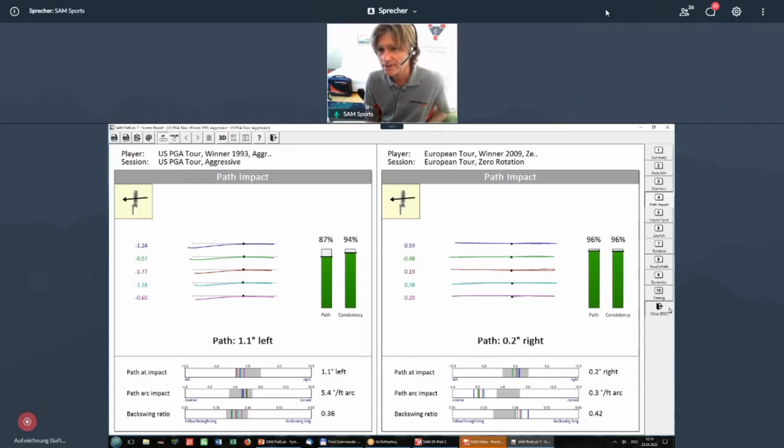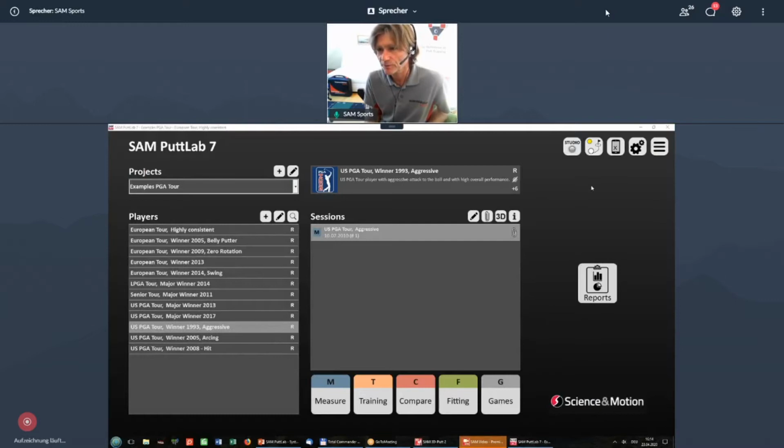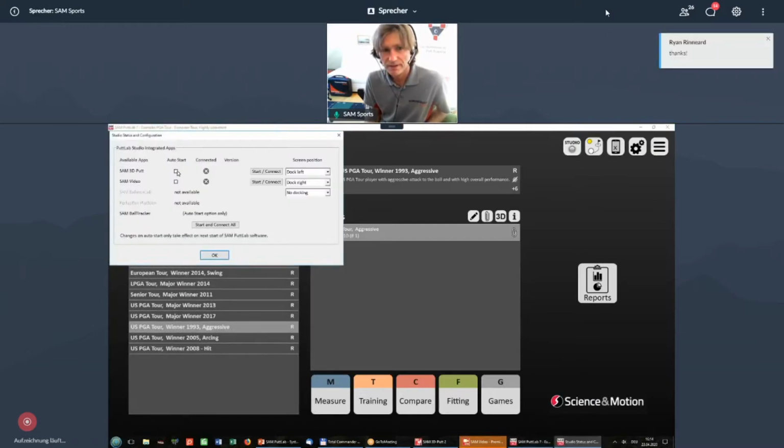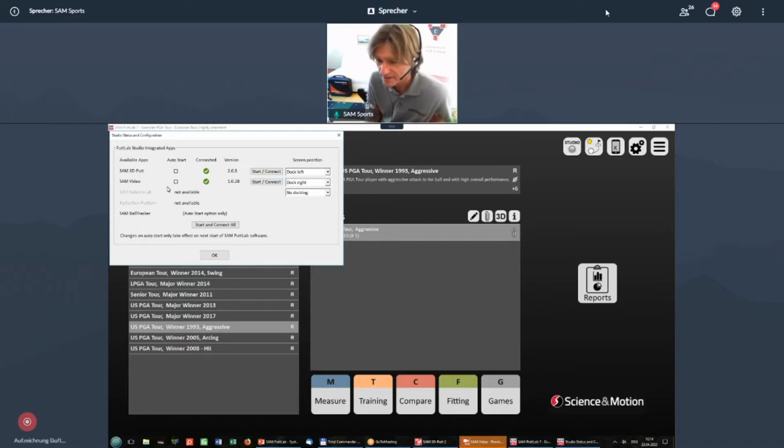Now talking about 3D, and this is now a little bit of new function in PuttLab 7. So we have the ability to connect this software, for example, to 3D, and we have a new option here, which is a high-speed video. So we can connect